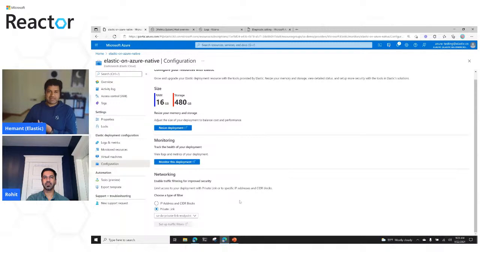And when I'm deploying Elastic on Azure, how can I limit how my data travels to it? This is where the integration also supports private link. I don't have anything configured here that can be leveraged, but if I did, I can easily pick it up and apply and integrate it with the Elastic deployment that we are seeing.